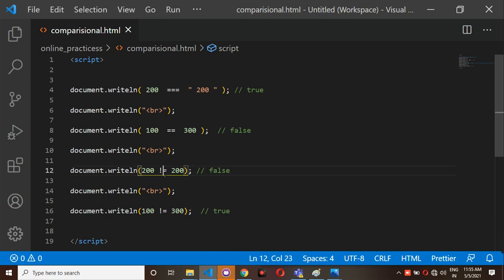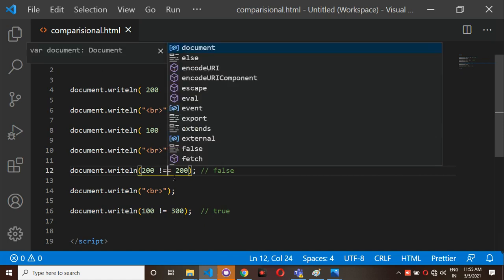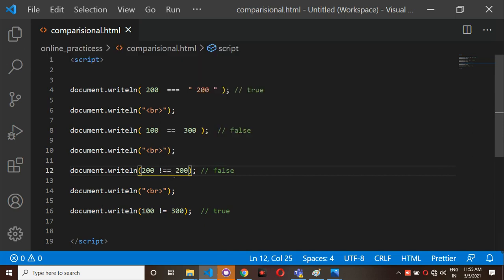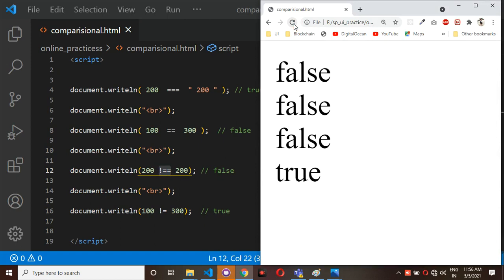And one more thing here, I am giving a not equal to operator, which will check whether both values are equal or not, and at the same time whether both data types are equal or not. It will give the negative value instead of the positive value. For example, 200 not equal to 200, then you will get something called as one minute. You can check here.